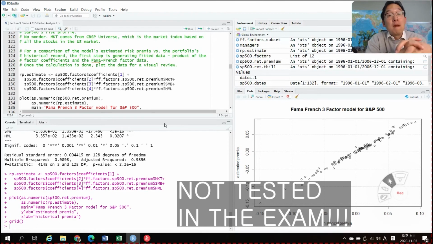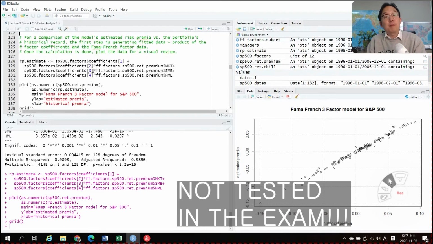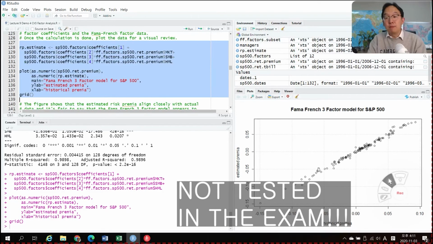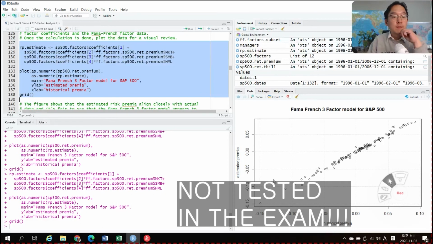Things have to be done. So the first step is generating fitted data. Okay, the product of the factor coefficients and the Fama French factor data. Once the calculation is done, plot the data for a visual review. So we're going to run some scatter plots, like what you see on the right hand side below. So what you do over here is cross multiplying the beta coefficient